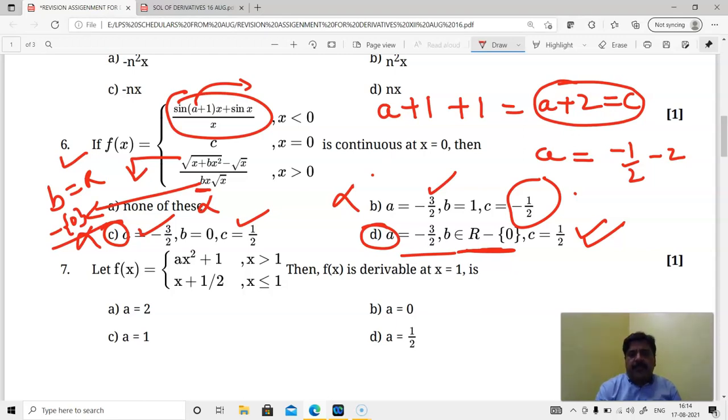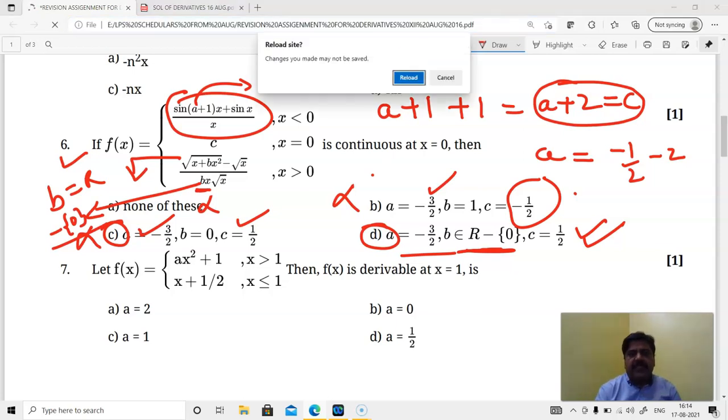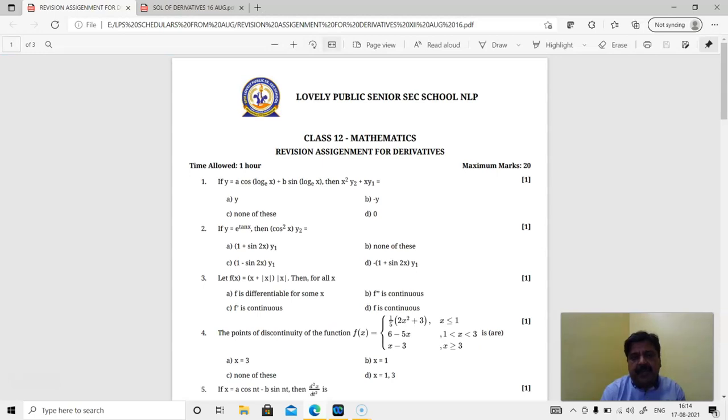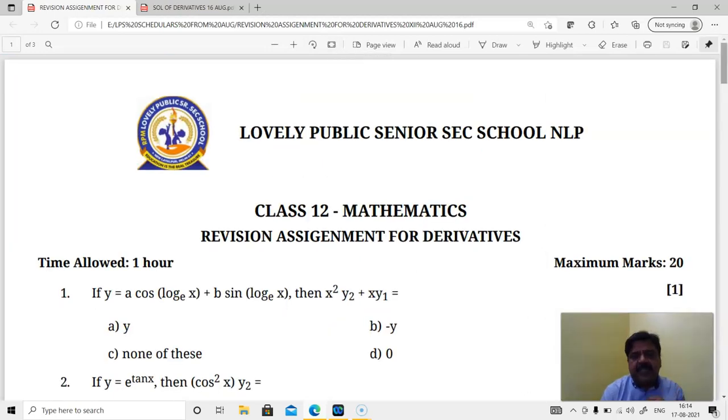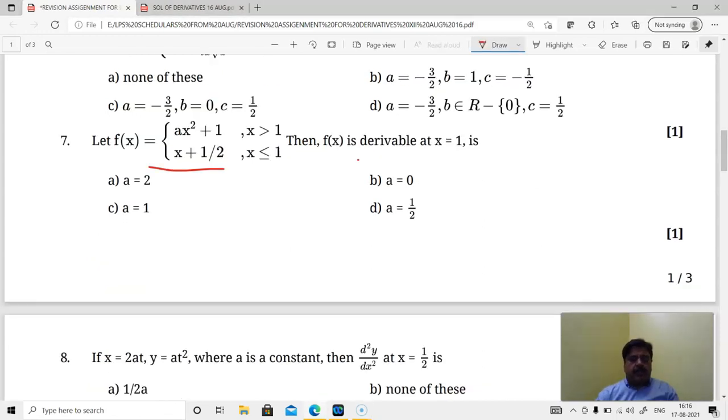Now if you again see, question number 7 has its own problem. He says derivable, and mind you, the differentiability test and derivable are both basically the same, but in the differentiability test we go for long types of questions which we sorted out. In question 7, students always go with the differentiability concept, but you have to simply check that if they are derivable, differentiable, the left hand derivative has to be equal to the right hand derivative.